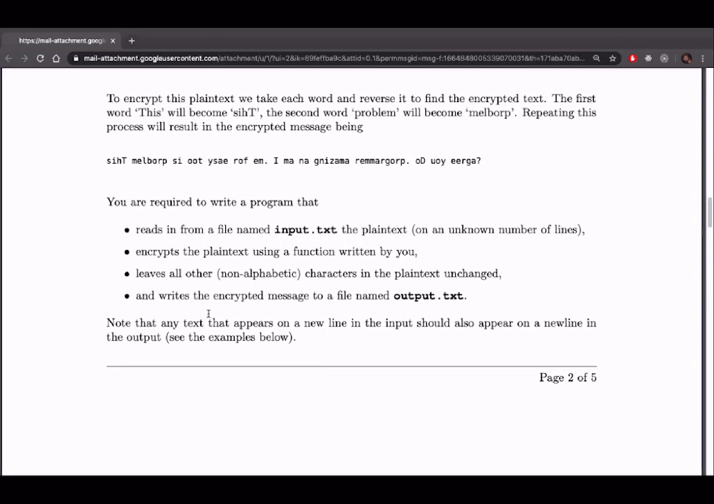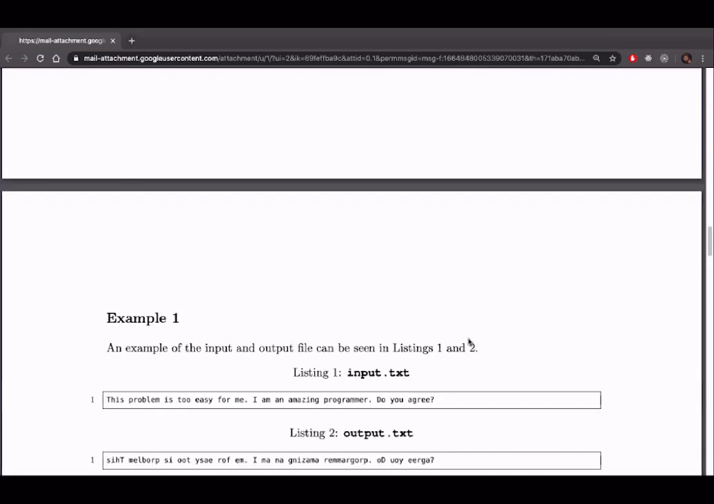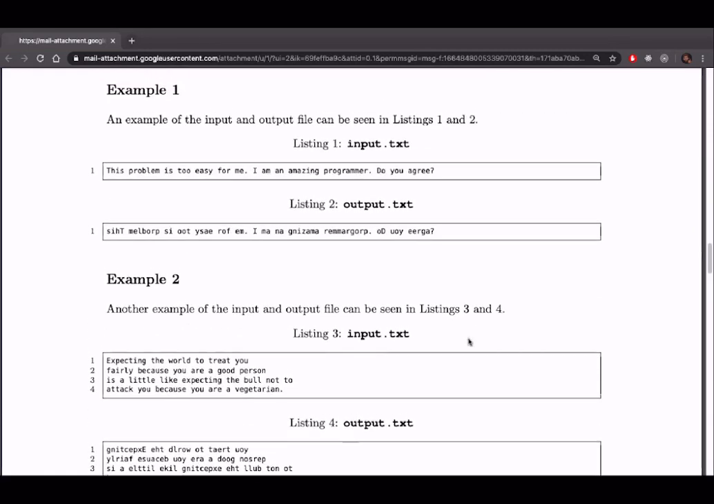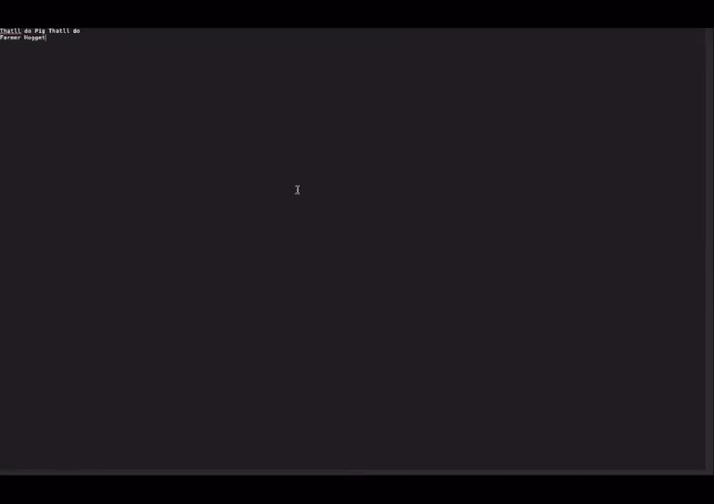Note that any text that will appear on a new line in the input should also appear on a new line in the output. So see the examples below. Okay, so we have two examples to test our code. Alright, so let's begin. Let me first write the